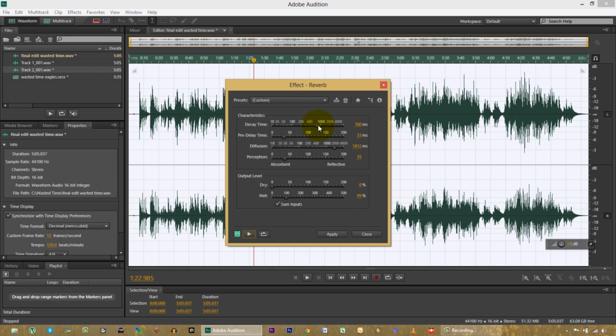And then decay time, that's how long it takes to fade away. So let's say we had a gunshot sound. With the gunshot sound, it's going to be over with almost immediately. But with the decay time of 700 milliseconds, that means it's going to take 0.7 seconds for the reverb echoes to disappear. If I press play and then press stop,